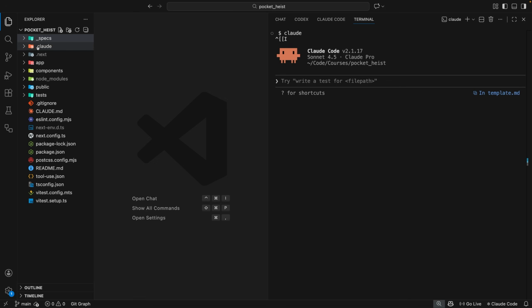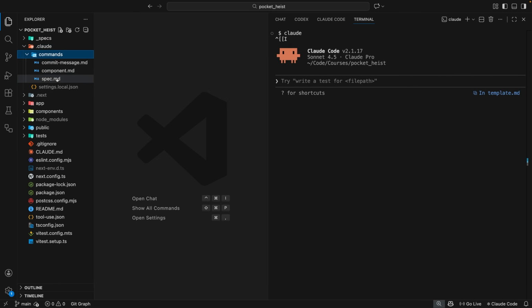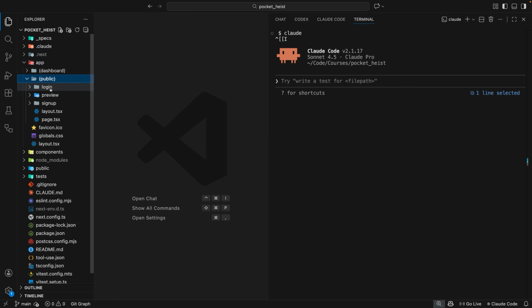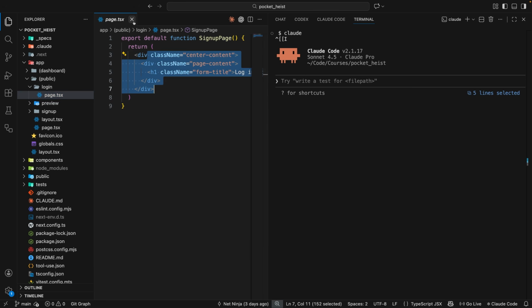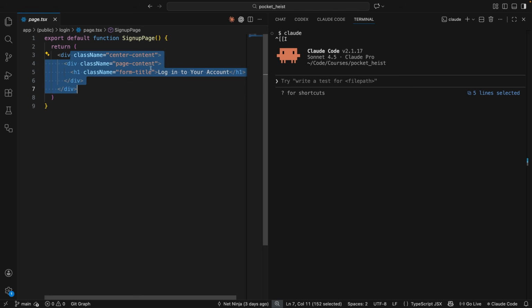Okay then, so now we've got a spec command in place, let's use it to spec out a new feature for this project. Now the feature I want to spec to begin with is the authentication forms, because currently the sign up and login pages are pretty empty. If we take a quick look at those, which are both inside the public group, you're going to see that